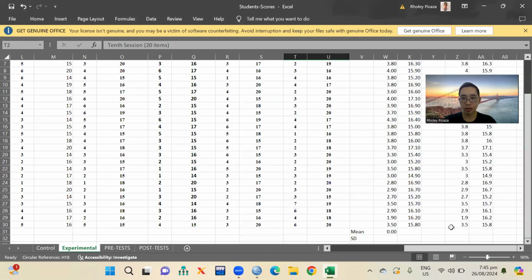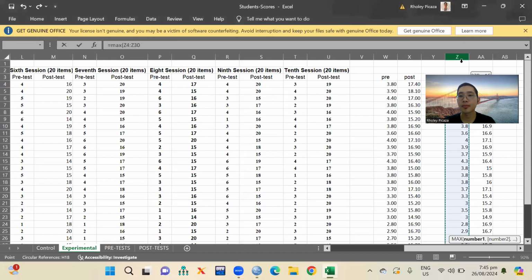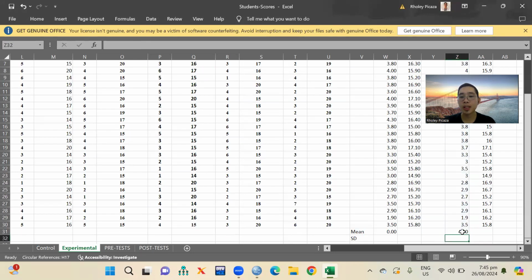So go back to Excel, press the equal sign, type max, then open parenthesis, highlight the pretest. After highlighting the pretest, close parenthesis, and here we now get 4.4.